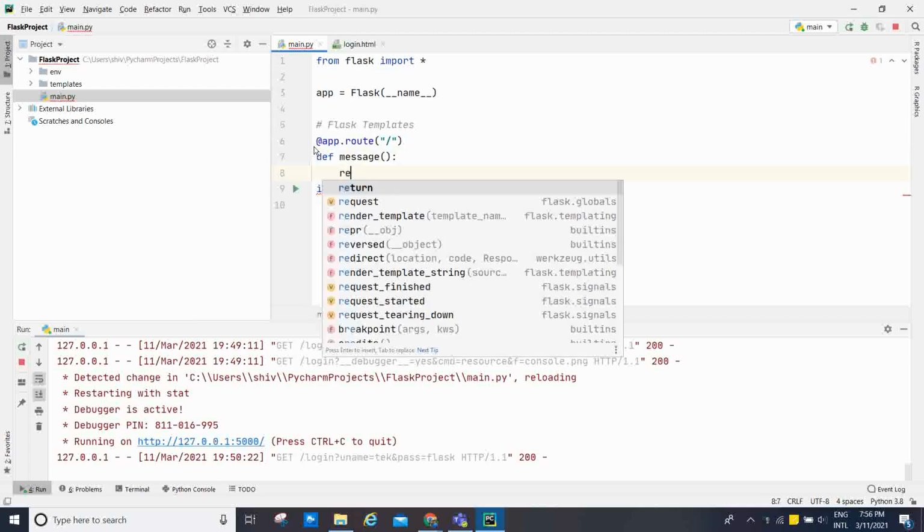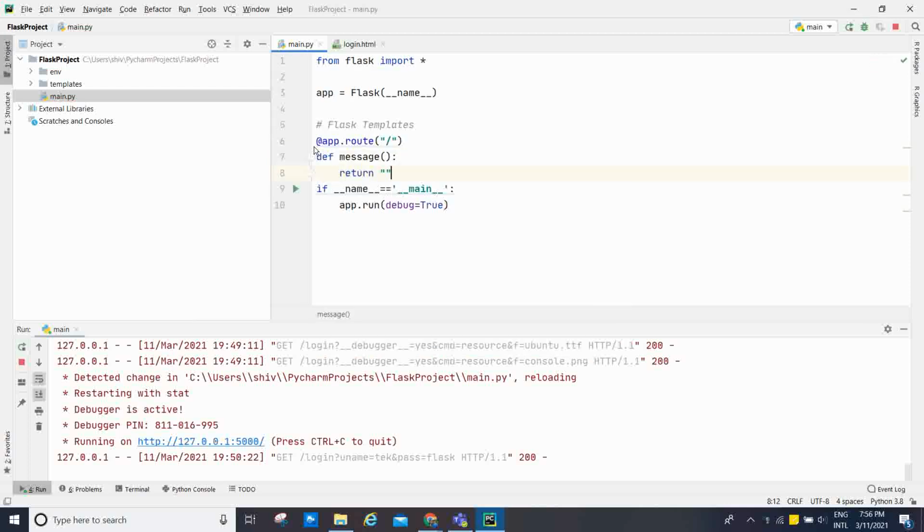It is going to bind with the root. Return HTML, body, h1, hi, welcome to the website.